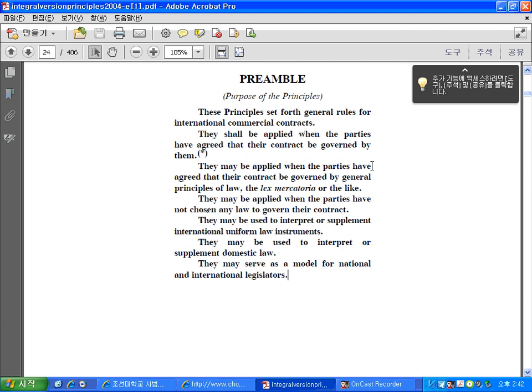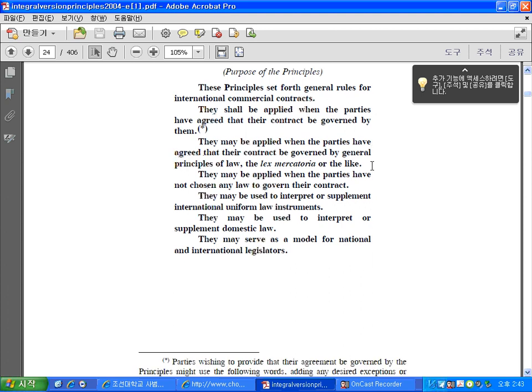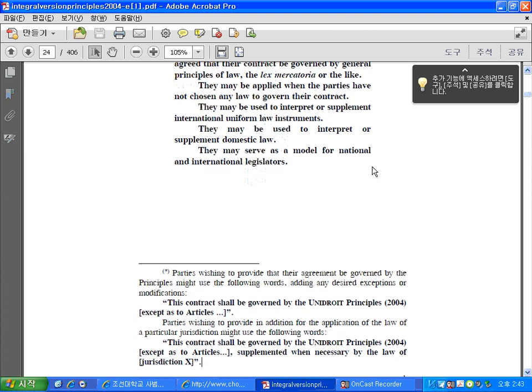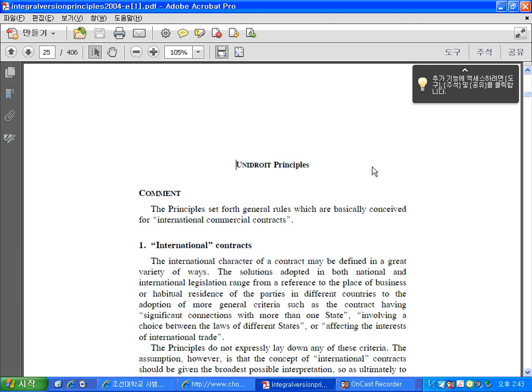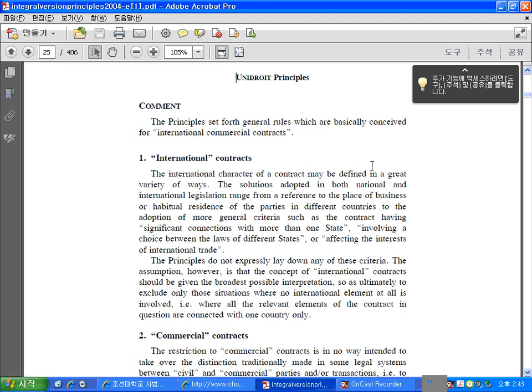They may be applied when the parties have not chosen any law to govern the contract. They may be used to interpret or supplement international uniform law instruments. They may be used to interpret or supplement domestic law. They may serve as a model for national and international legislators. So you have some familiar words and declarations,